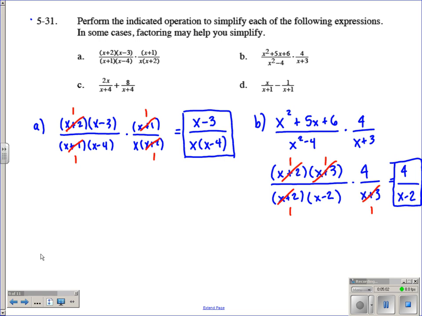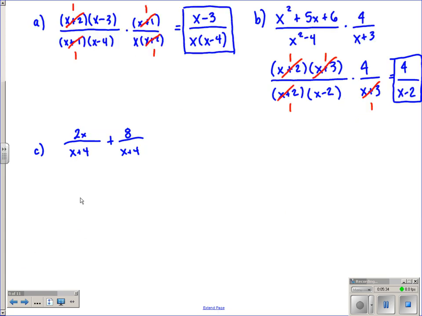Let's move on to letter C. We've got 2x over x plus 4, and we're going to add to that 8 over the quantity of x plus 4. Right now, we're adding two fractions that have common denominators. If you think about it, this is the same thing as, for instance,